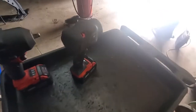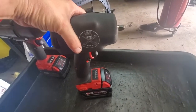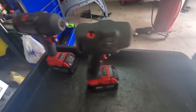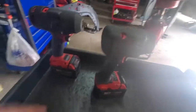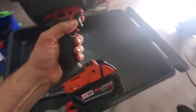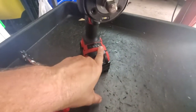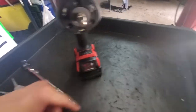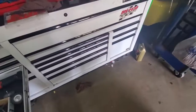It may not. I may keep it. It does look cool. I like the little pirate look going on there. But the Milwaukee one seems to fit a little better. We'll just have to find out. Once again, I will make a full video about this. It does have 3 speeds and the limiter for when you're loosening stuff or tightening stuff. And then last, which I could not fit up here,